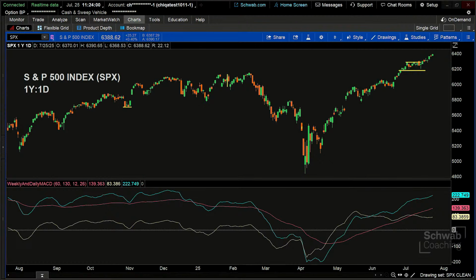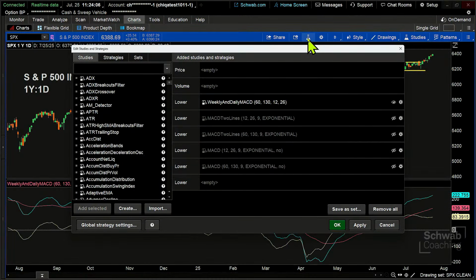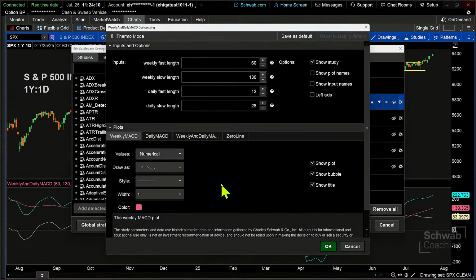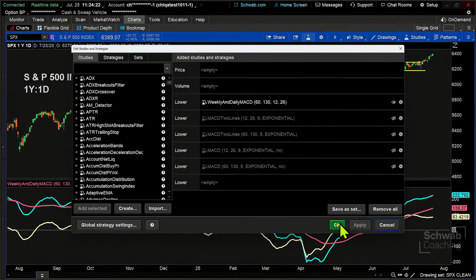So let's go back to that Flask icon for just a moment, and let's break this down by clicking on the gear icon. The first thing I'm going to do is change the line weight settings so that I can see those line weights a little bit more clearly. I'm going to change those all to 4, and I'm going to click on OK and apply. And now those lines are a little bit heavier. It makes it a little bit easier to see.